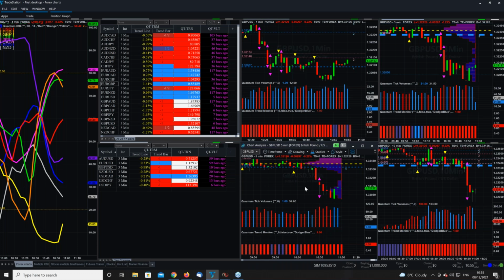As soon as that average true range has been met and exceeded, the trigger will appear, the indicator will appear, and it'll give you that information. You just close out, that's it. It's as simple as that. It's the beauty of the indicator. You don't have to wait till the close of the candle or the bar. You will see it instantly as soon as that metric of average true range has been met.